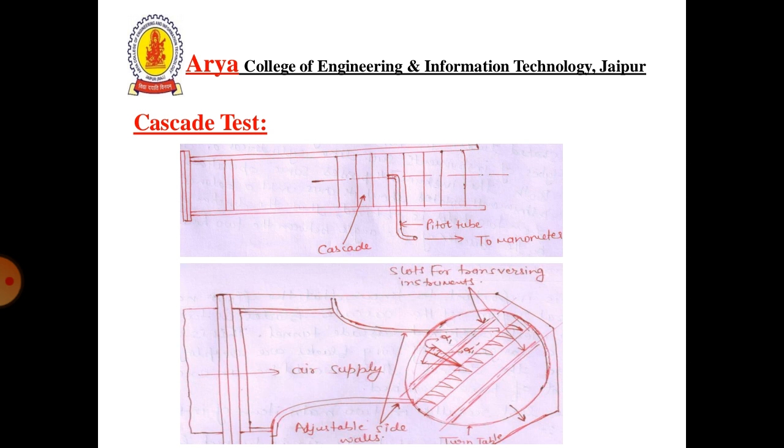The device enables tests to be made on cascades at different incident angles of the air entering the cascade. To measure the velocity and pressure, pitot tubes and L-shaped tubes are used, and the direction of air is taken by different types of instruments such as cylindrical or yaw meters. Both instruments possess the same operation, in which the instrument rotates about its axis until a balance of pressure from two holes is obtained.